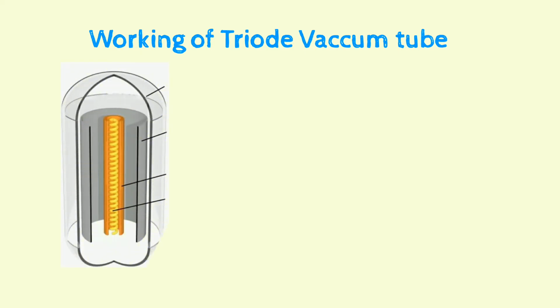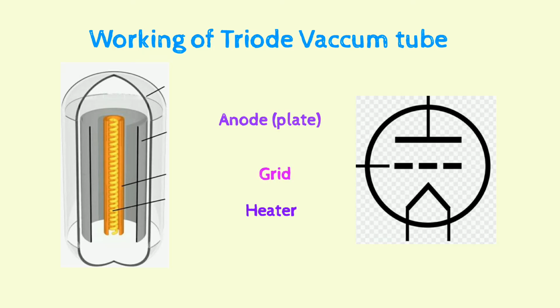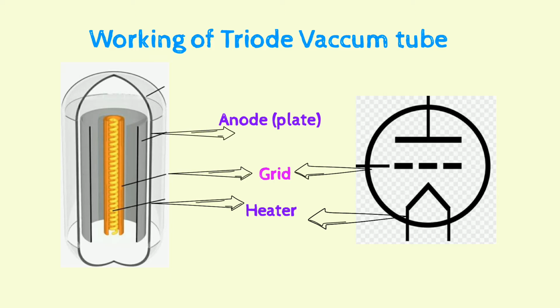The first one is heater. It throws a bunch of electrons, and this process happens in vacuum, like in the case of incandescent bulb. Otherwise, the oxygen in the atmosphere would burn out the filament. The heater throws electrons on the plate, whose job is to collect those electrons. In between, we have a grid. Its job is to vary or modulate the flow of electrons from the heater to the plate.